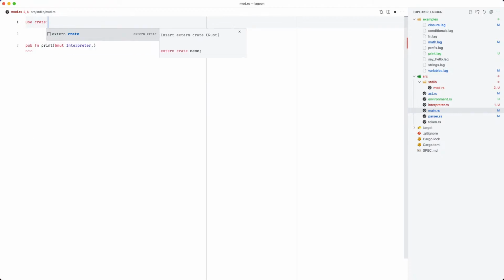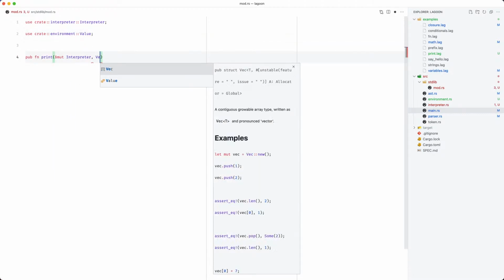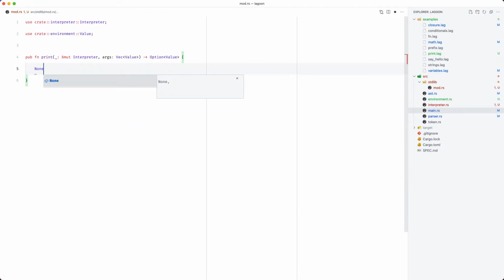So we're going to have to use crate::interpreter as well as the Value, and it also receives a vector of values and returns an optional value. So this is going to be ignored for now. This is going to be args, and print is going to return None by default. And we're going to only accept one argument.